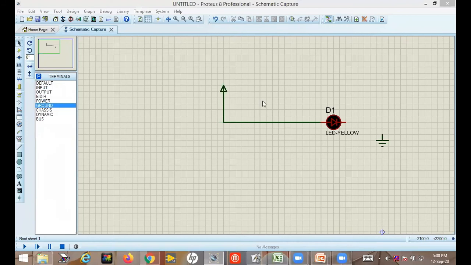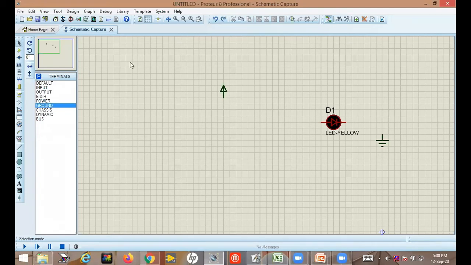See what you have to do. When no component is selected, what will be selected at that time? Wire. By default the selection is wire. So just click on arrow. Then which component is selected? Wire. So between which 2 points you want to establish connection, just click on those points and move your mouse through the path which you want to take the wire. I am taking this, and after reaching the point where you want to end your connection, click there. So now this VCC is connected to anode.